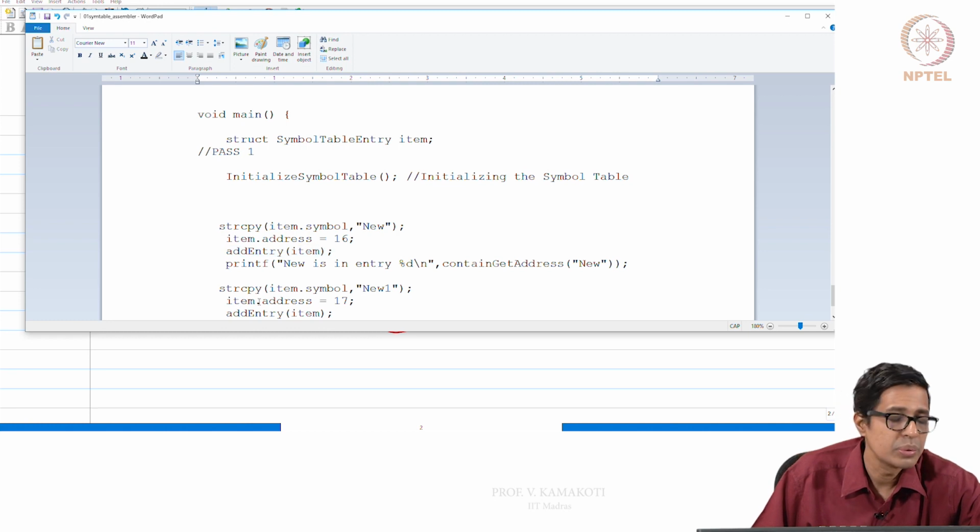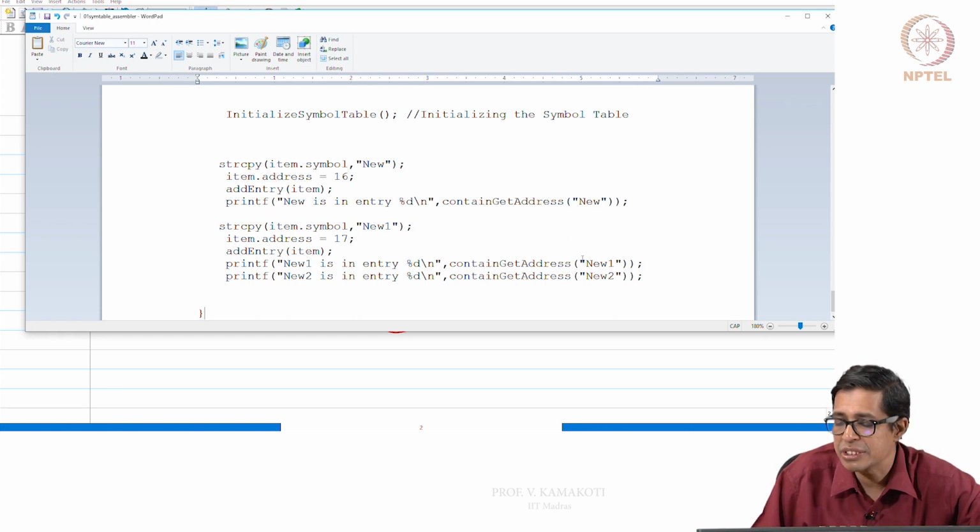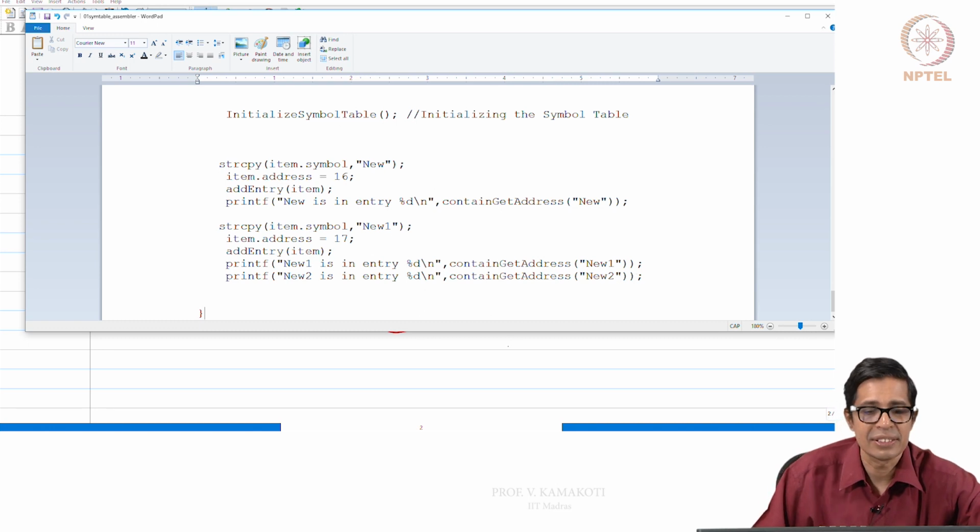Now I put new2 with value 17, this will also get added. Now I just see contain get address new1, contain get address new2, we should get 16 and 17. So to check that this is working properly.